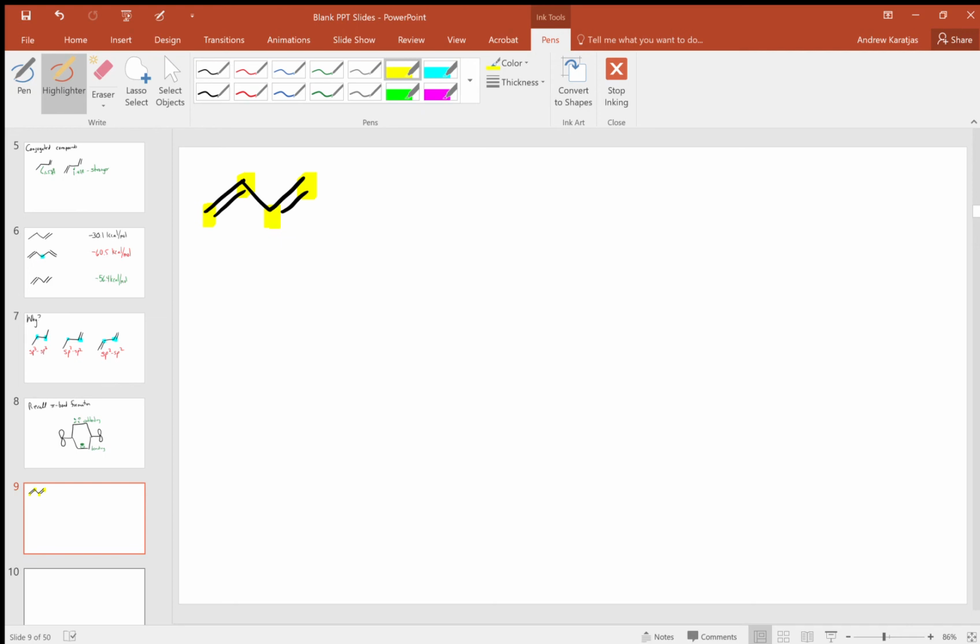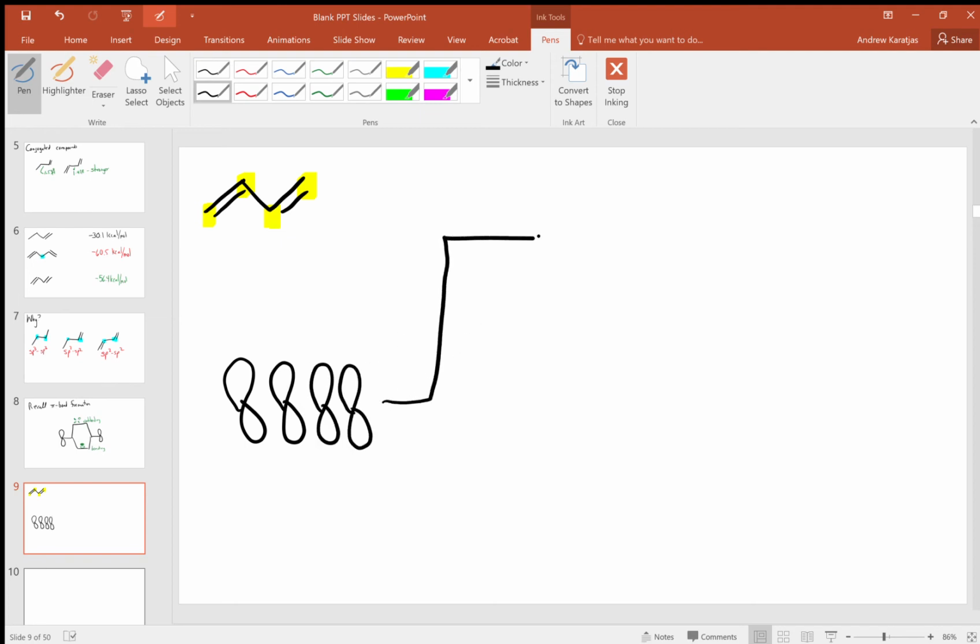Well, if we've got 4 sp2 carbons in a row, then all 4 of those p orbitals can combine to make an extended pi system. And so those are going to combine to form 4 new molecular orbitals, which we label,